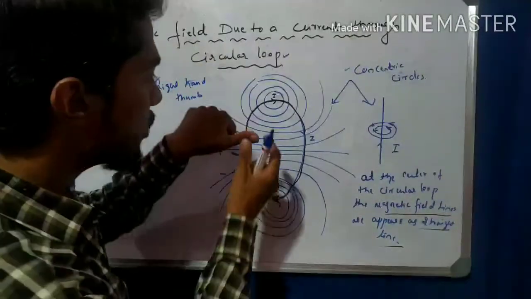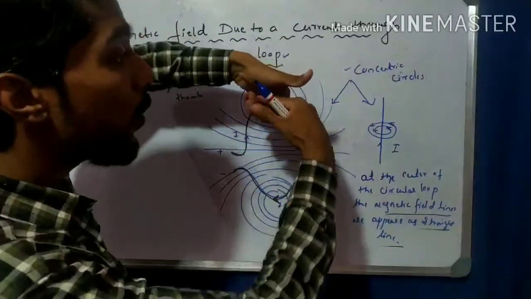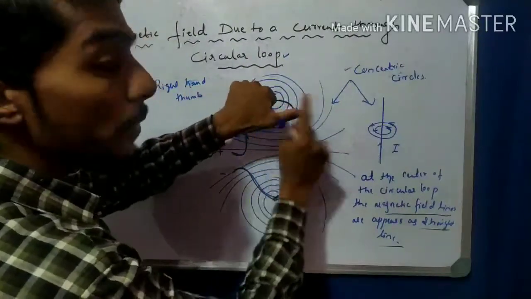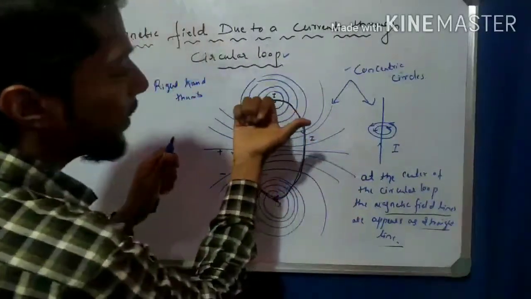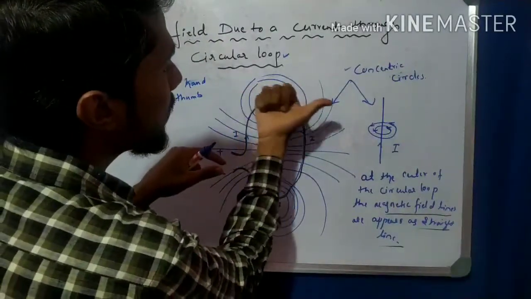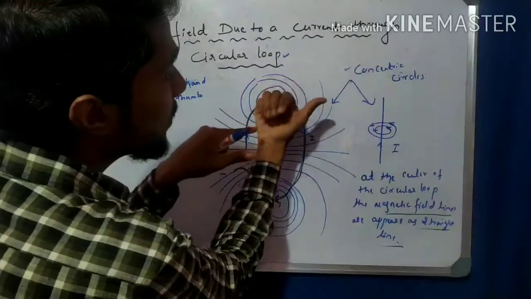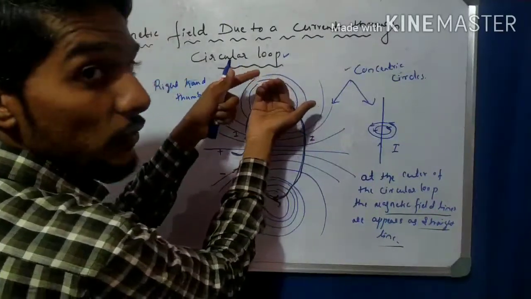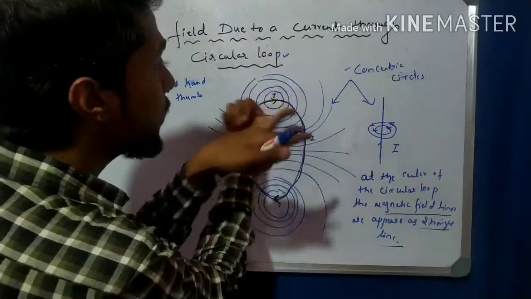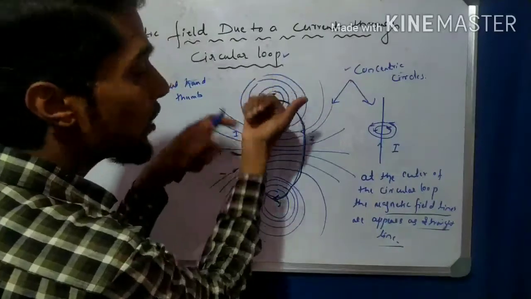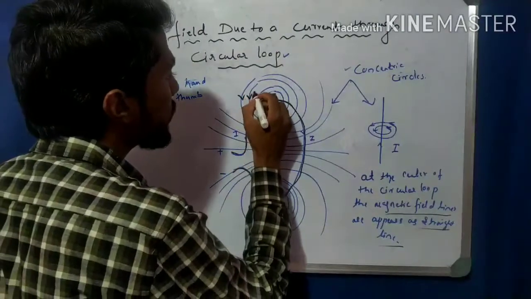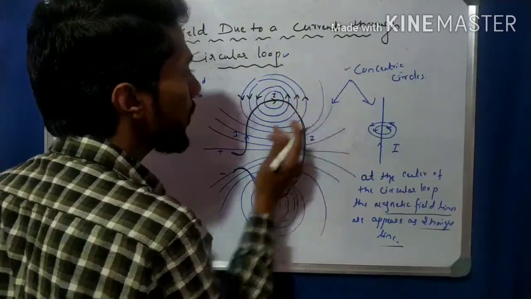Observe that the thumb indicates the direction of the current, and the fingers hold the conductor. So I hold this conductor with the thumb in this direction, using the right hand. This is the direction of current, the thumb indicates the direction of current. Now the forefinger indicates that the magnetic field is in the downward direction. So on this side the fingers indicate the downward direction, so the magnetic field is in the downward direction, and then comes back upward, circular, like this.